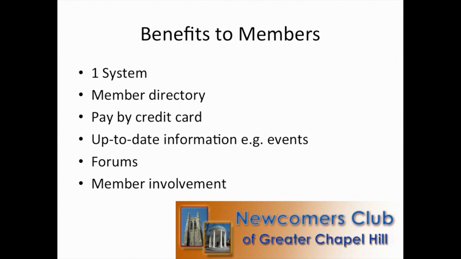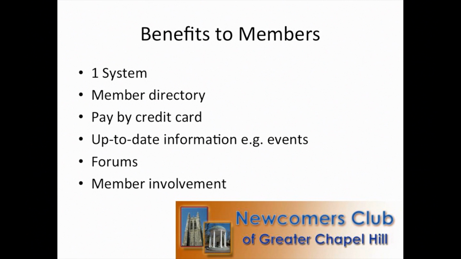The member directory, I'll show you, is wonderful. There's none of this, have you changed your phone number? It's all up to date. Now, it's up to all of us to keep it up to date, but the member directory is really, really good. One of the things I especially like about it is that for people I like, and I'll show you how to do this, I can click on them and automatically get their information to go straight into my contact database. So no copying, not even copy and paste. I'll also show you how you can search the member directory for people who've got similar interests to you. It's such a powerful feature.